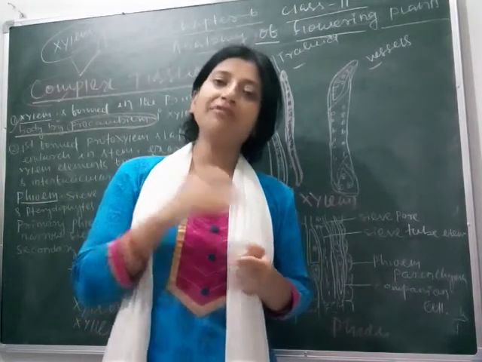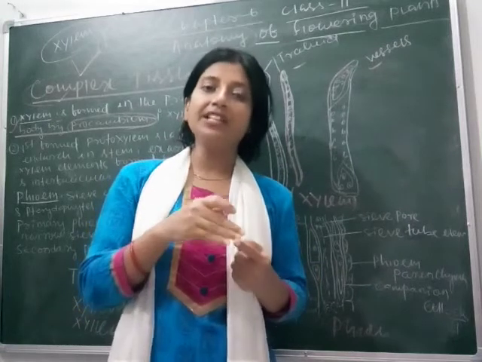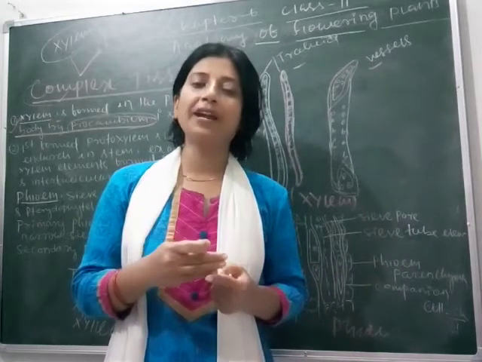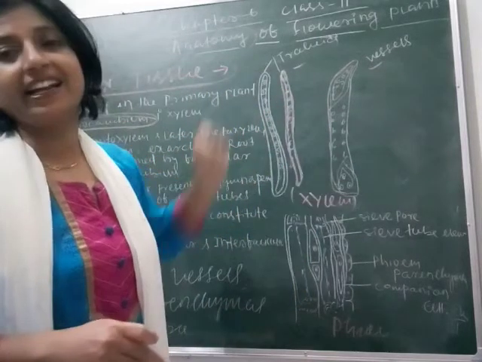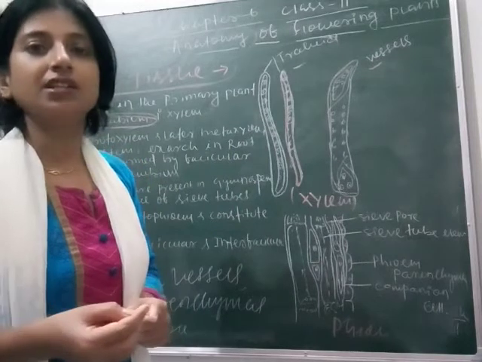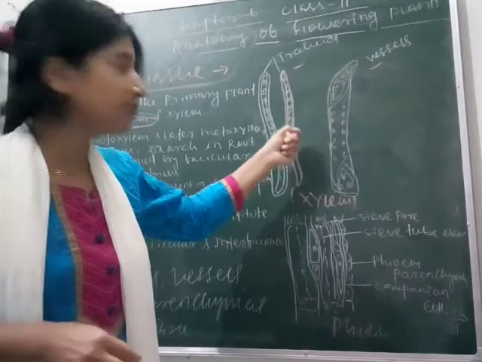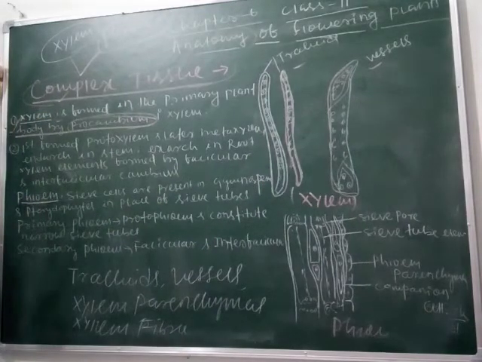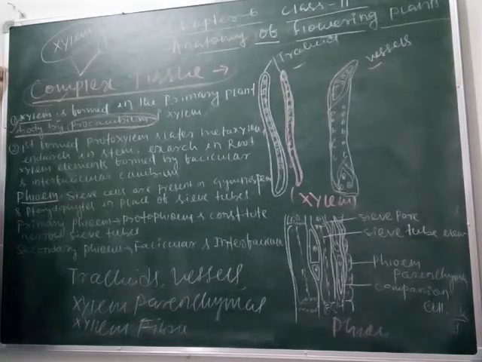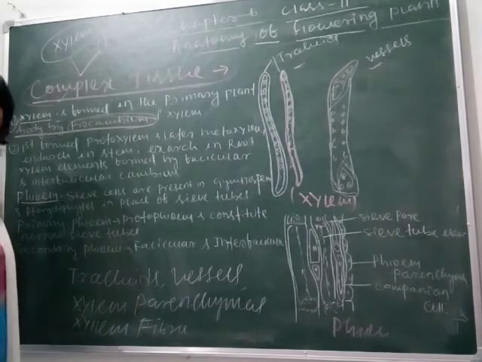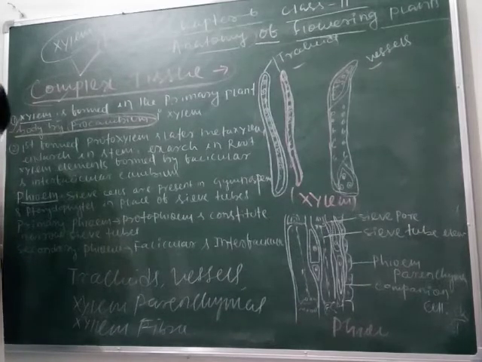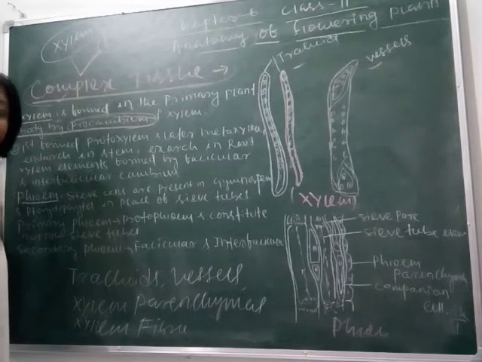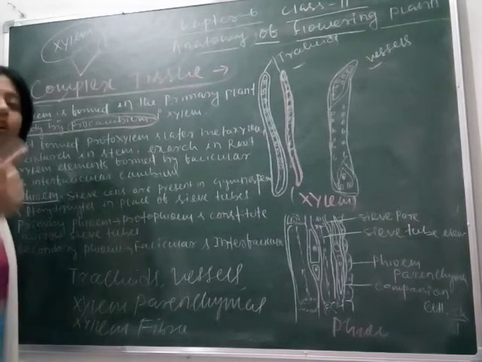As we studied in our last chapter, the initially evolved plants like pteridophytes and gymnosperms lack tracheids. So how does conduction occur? There must be some cells that do this function. Here xylem has tracheids and vessels. They are lacking in gymnosperms, but present in angiosperms, because angiosperms are the group of plants which have a highly organized structure of these tissues, for conduction of water over a long distance.